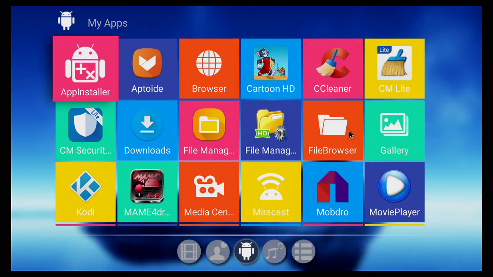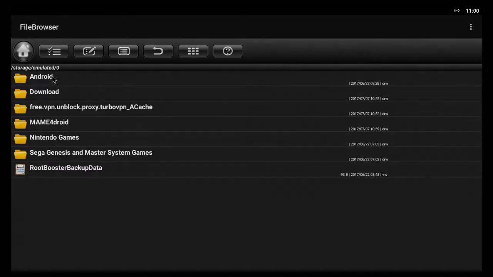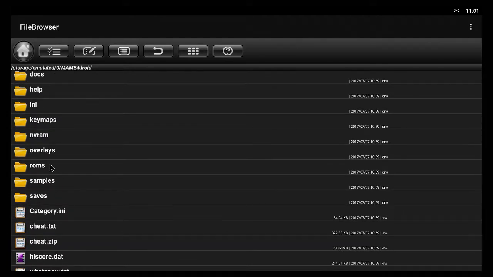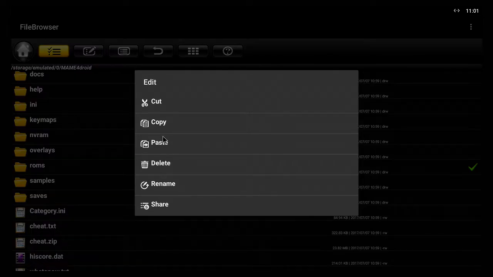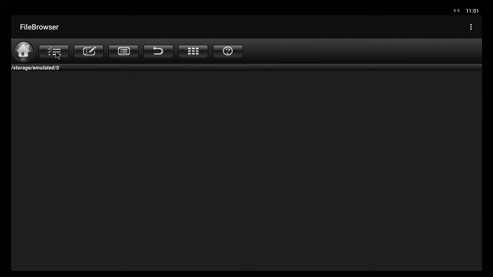So now we're going to go into your file browser on your box, local disk, and you're going to go into your M.A.M.E for Droid. And now you're going to look for your ROMs folder, which is down here inside your M.A.M.E for Droid folder. You're going to click on this so you can check mark the ROMs folder that's in here, and you're going to delete it. Delete. Okay, that's the ROMs folder, and you're going to be replacing that with the folder that you just downloaded with the zip, the other folder. So now that you did that, I'm going to go back out again